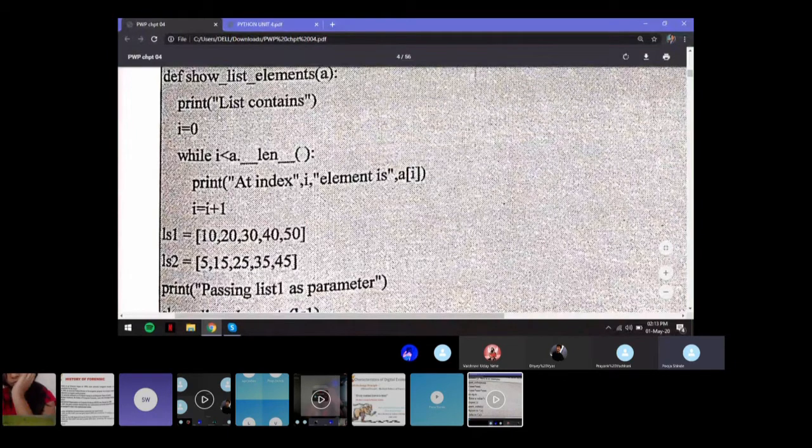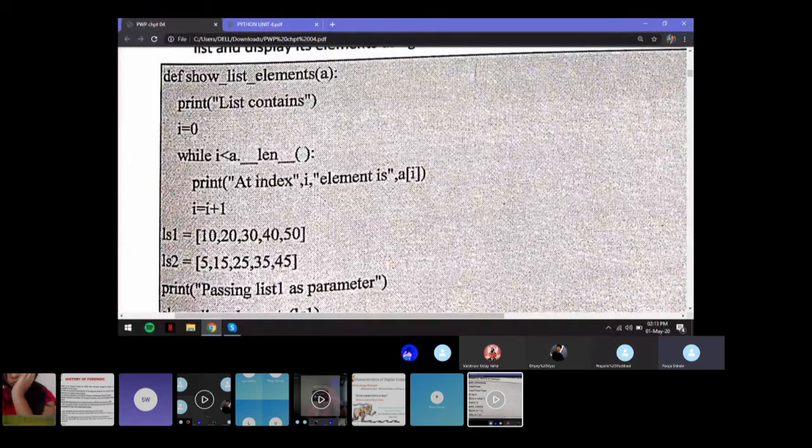Next, print list contains, and inside that function again you're initializing I to 0. Now you have a while loop over here.